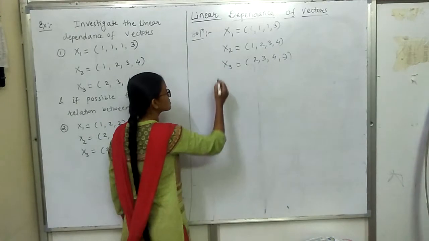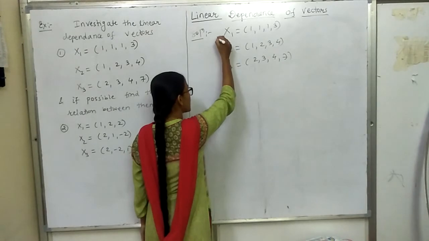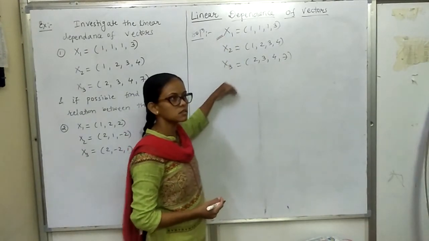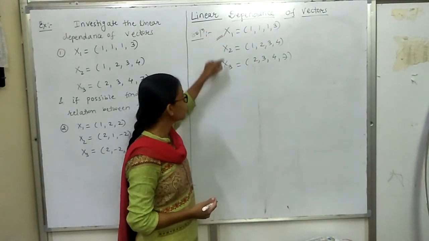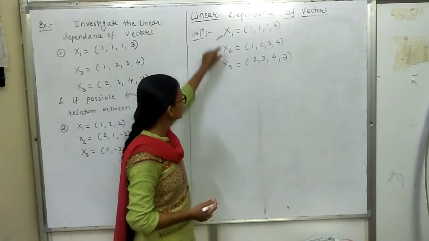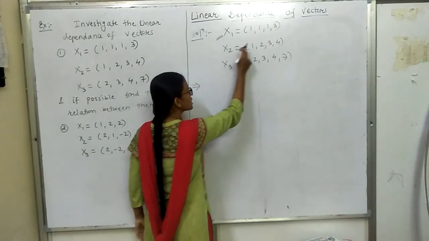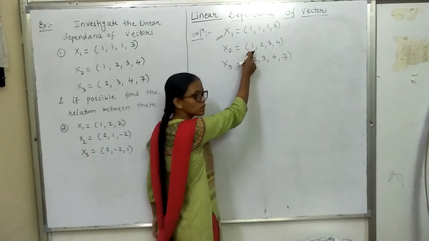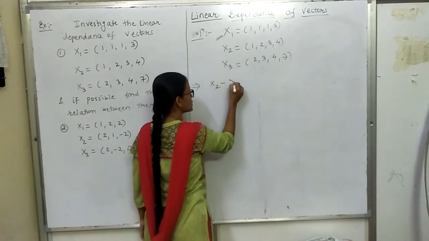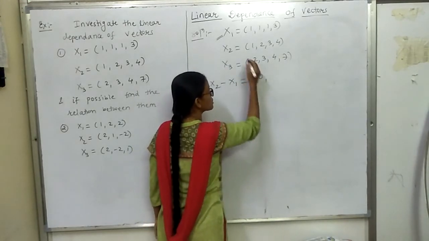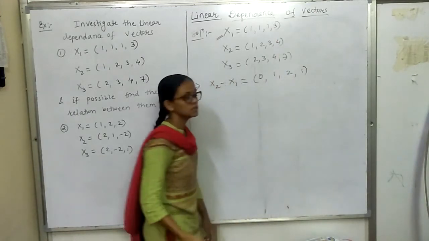Okay. So suppose x1, x2, x3 are there. By using one vector, we have to convert the remaining vectors to 0. By using this first vector, we can make the first components of x2 and x3 as 0. So I am writing x1 as it is and using only x1. To make the first element of x2 as 0, the first component is 1. So we apply the transformation x2 minus x1, so this will become 1 minus 1 is 0, 2 minus 1 is 1, 3 minus 1 is 2, 4 minus 3 is 1.